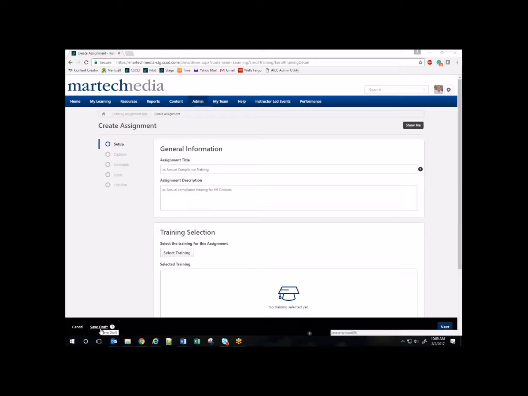Before, with the proxy enrollment, you would not be able to save the enrollment if you got pulled away from the computer. So if you are in the middle of an enrollment now, all you have to do is click Save Draft, and it will automatically save the draft. And then you'll just go back to the original learning assignment or managed learning assignment page to pull up that draft. So I'm going to name this Safety